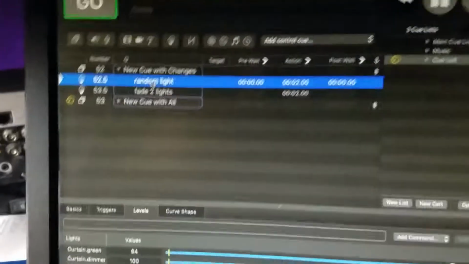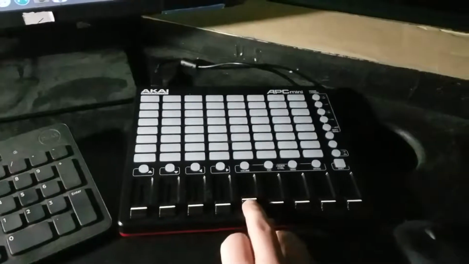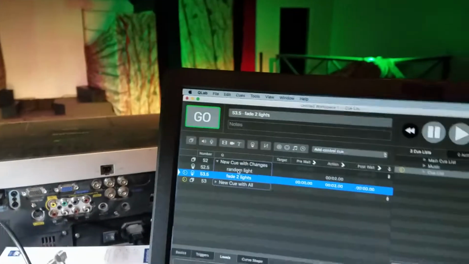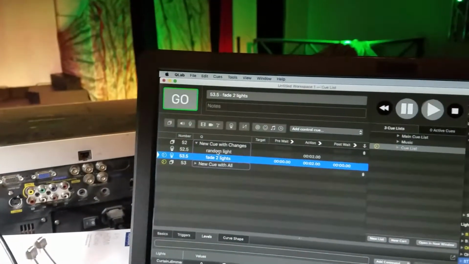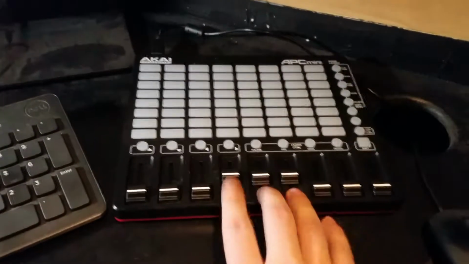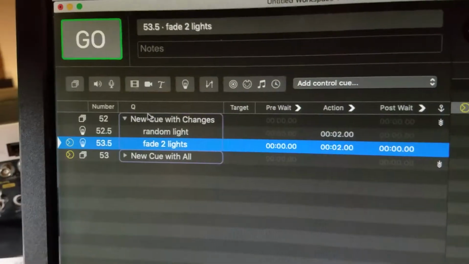Now, I'll show you the first one. Now this is just random light. I'll turn it on. It has the curtain light in front and then like a stage light. So I'll go ahead and give a couple lights on the stage. Now you can see the lights are on. And typically what would happen before is you would go into the next light sequence and it would turn off your spotlights. But what I found out is if you only do new cue with changes, or that button right there, whenever you make your new lights,